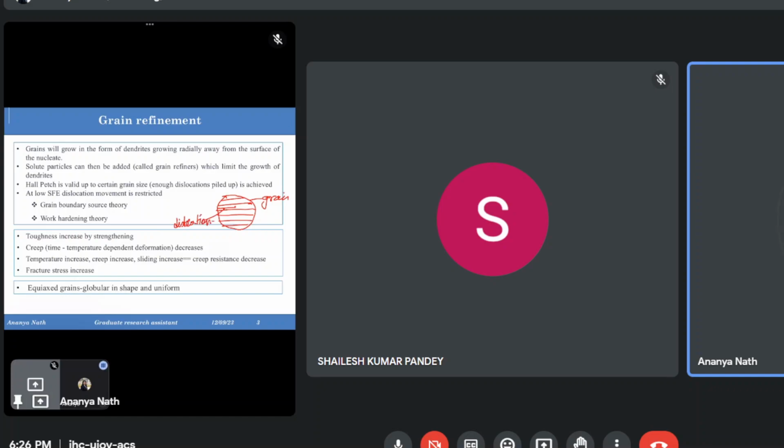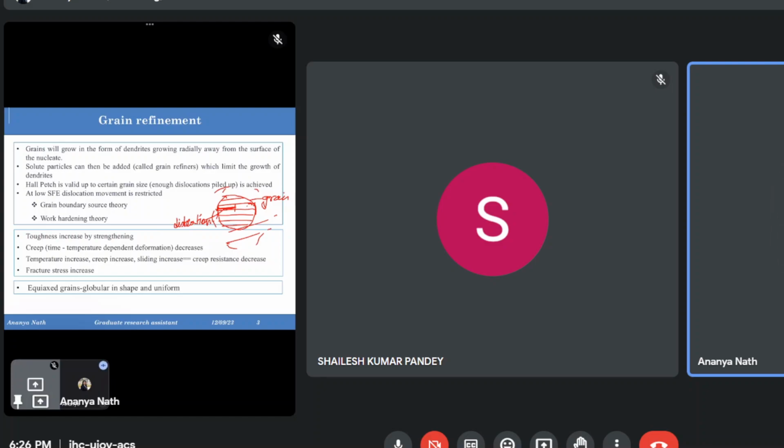And this dislocation length we don't know, and this dislocation will move, and the solute atoms are trying to catch up. Those theories are there, but how much this dislocation can move, only up to grain boundary. So it depends upon how much bigger the grain is. If the grain is very big, the dislocation will get lot of space to move inside. But if the grain is not that much big, the dislocations will not get enough space to move inside the